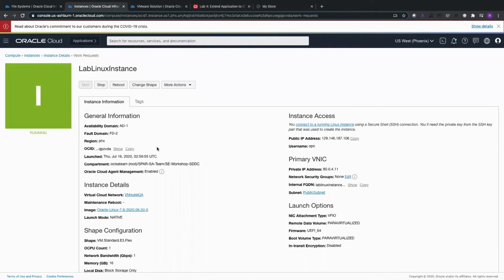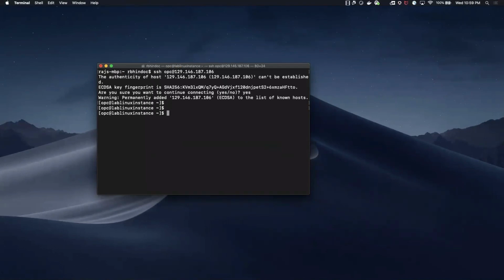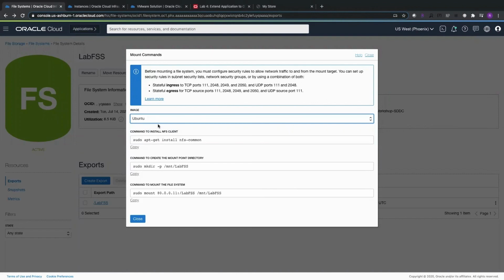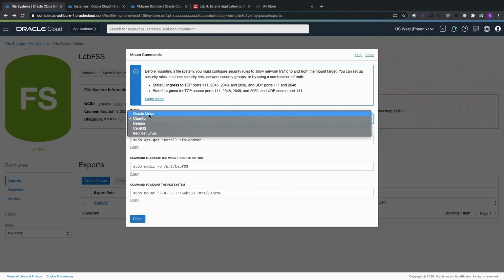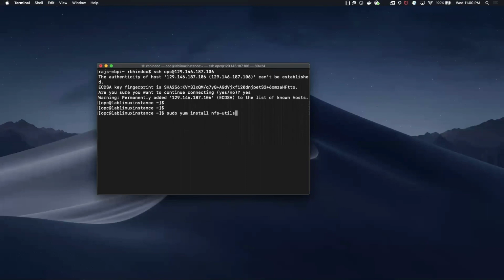Okay, so our instance is up and running now. Copy the public IP address of the instance and SSH into the virtual machine. Now we will run the mount commands to mount the file system that we created. So navigate back to the file systems page, and since it's Oracle Linux, I'll change the image and now copy the commands and run here.